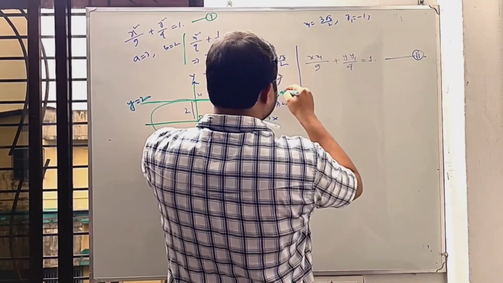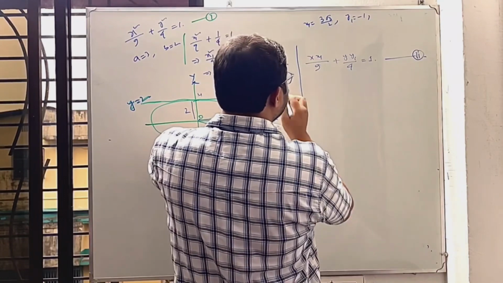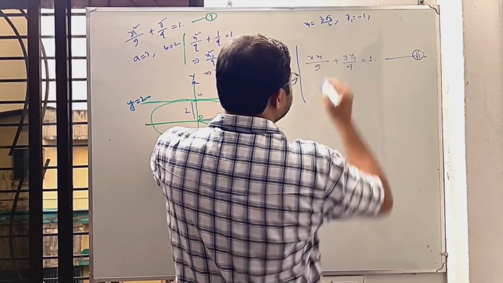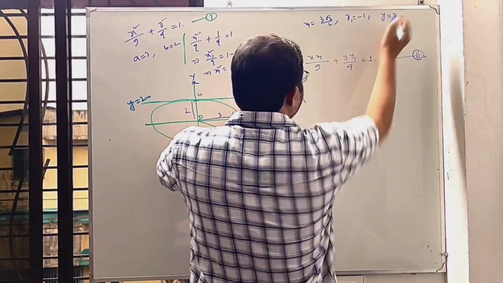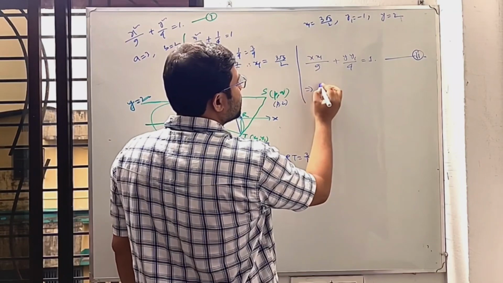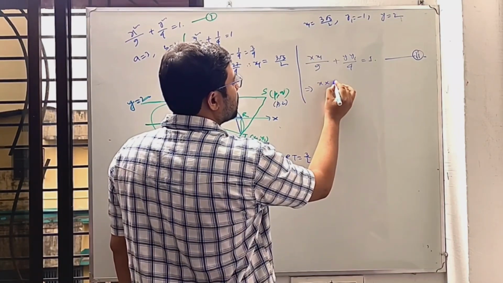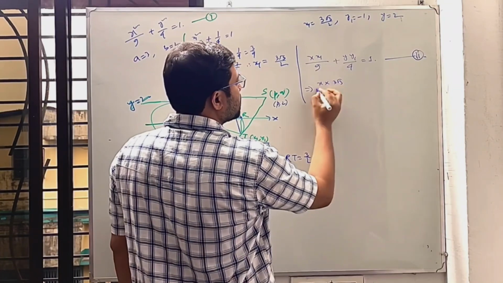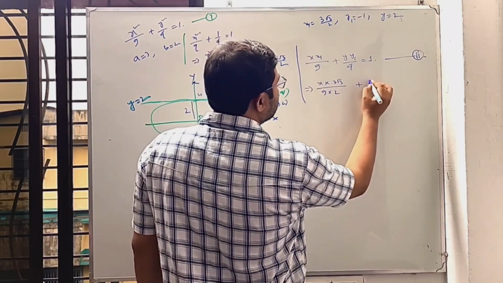To determine the value of p, I have to put y as q. So we take y equals 2. Just put these values in equation 2. Then we have x into x1, that is 3 root 3 by 2, divided by 9 into 2, plus